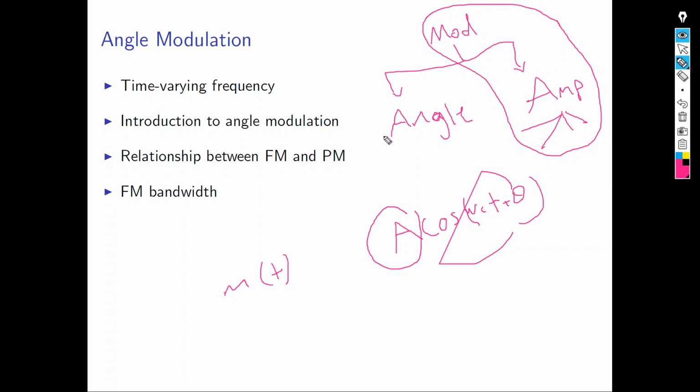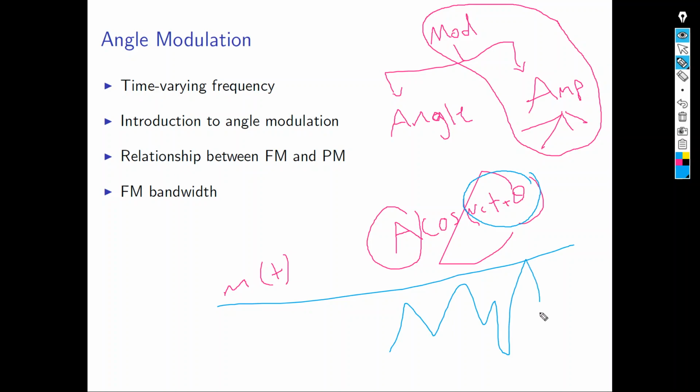Now, from now on, we will be discussing angle modulation. In angle modulation, forget about the amplitude; it is constant. We will be playing with this part. We'll be changing the frequency and the phase according to the message signal m(t). And now one might ask, why do we need to change the frequency and phase according to the message signal instead of amplitude? I tell you simply because when you change the amplitude, you make your signal